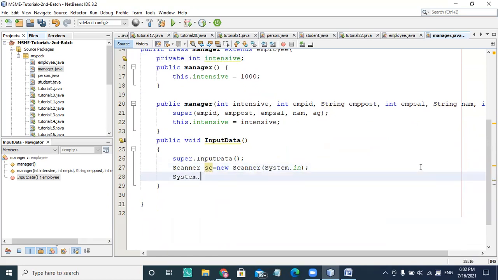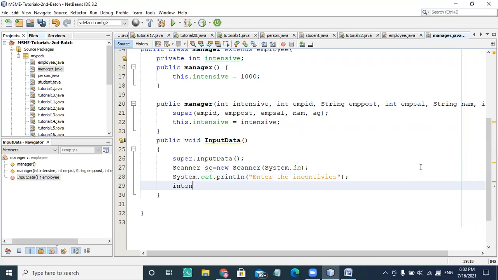Now, System.out.println, the incentive, and the people insert incentives for. The spelling is wrong here, so I have to correct this spelling.